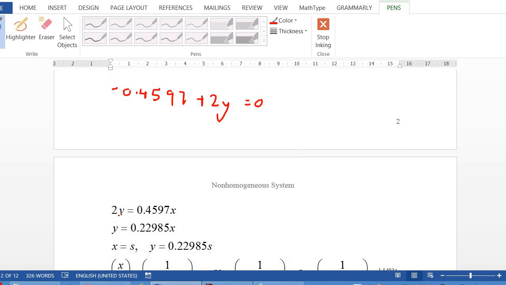Or 2y equal to 0.4597x. Sorry, this one I have x. Or y, you divide by 2, you get y equal to